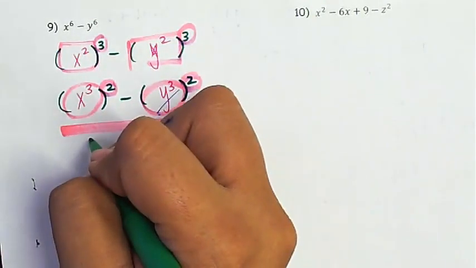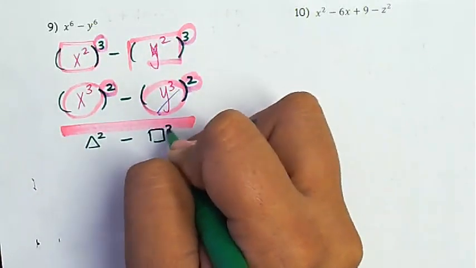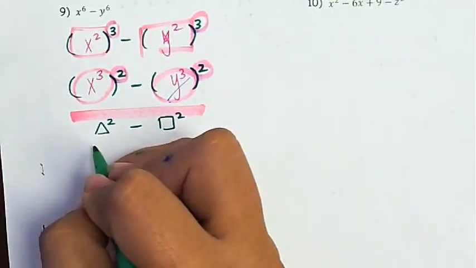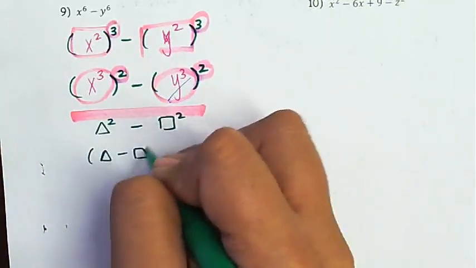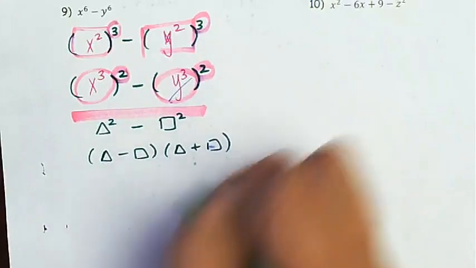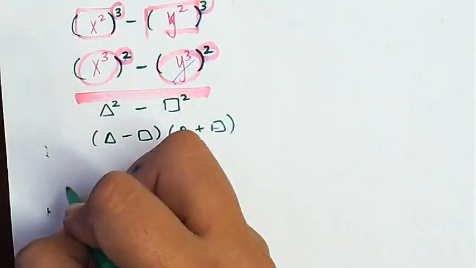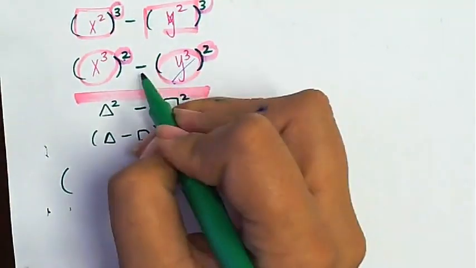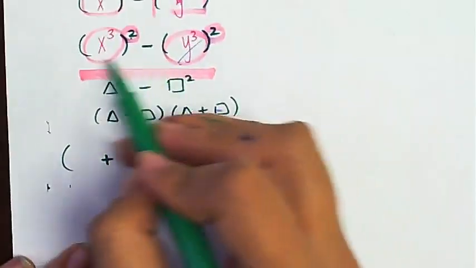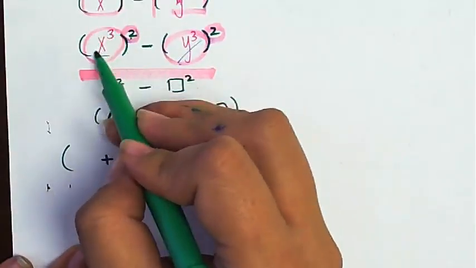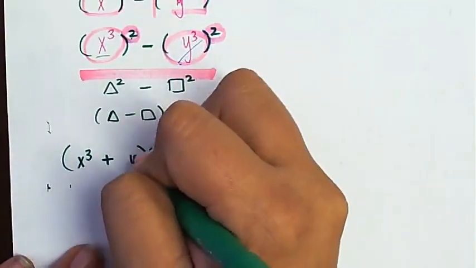So it's like, what if I told you something to the power of 2 minus something to the power of 2? Well, you would say that it's triangle minus box times triangle plus box, right? Because it's a difference of squares. So we're going to do the same thing. Because it's a square, I'm going to set up my 2 parentheses. And in order to create subtraction, I need a plus and I need a minus. And then I need to dump whatever is inside. So x cubed goes here and here. Y cubed goes here